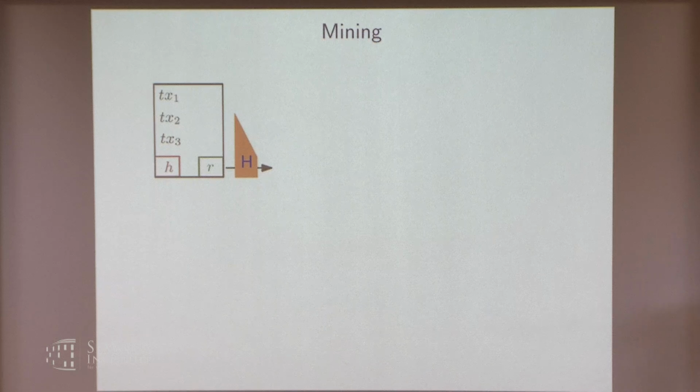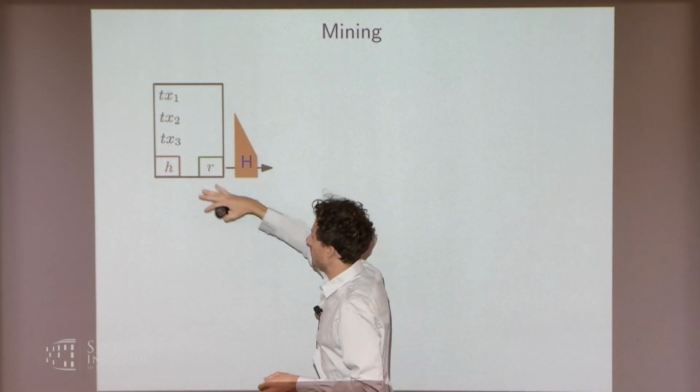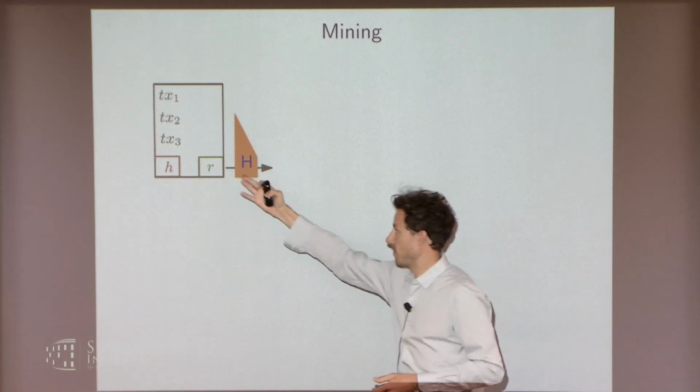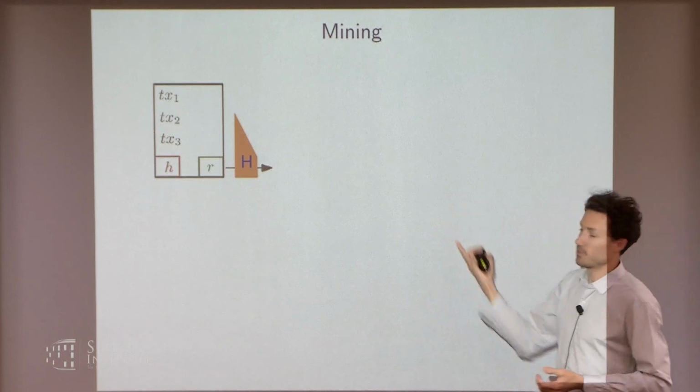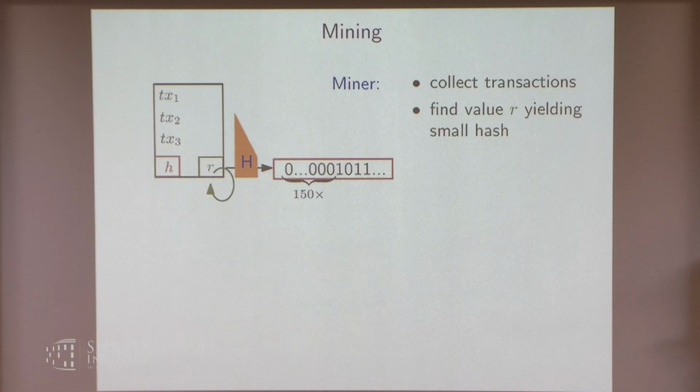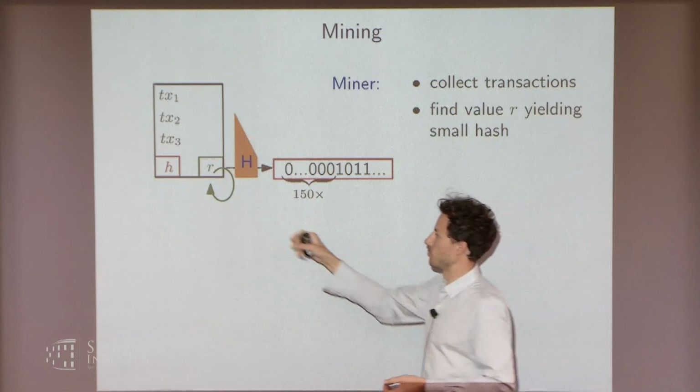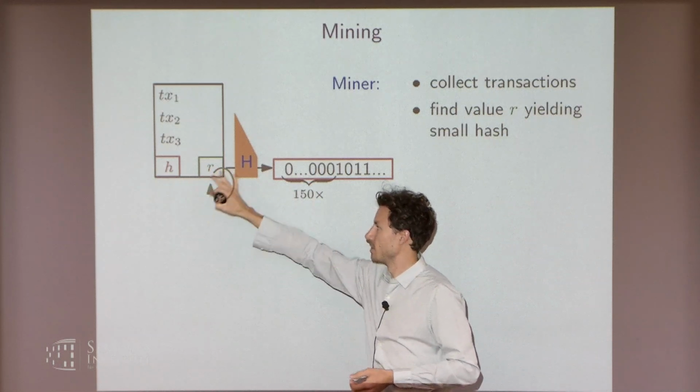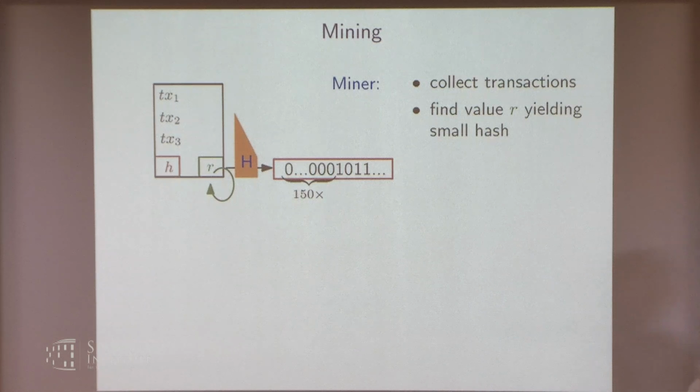So that leads to the concept in Bitcoin called mining, where if you're a miner, you want to create a block, you want to contribute to the system, you collect transactions. But then the protocol says, well, this block is only a valid block and others will only accept it if its hash value is below a certain threshold. And how do you guarantee that it is? Well, you solve this proof of work. You have this random nonce that's contained in your block, and you keep sampling fresh values until the hash value of the block happens to be small enough.